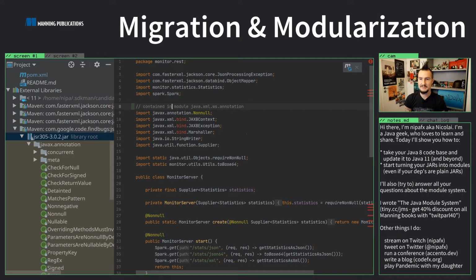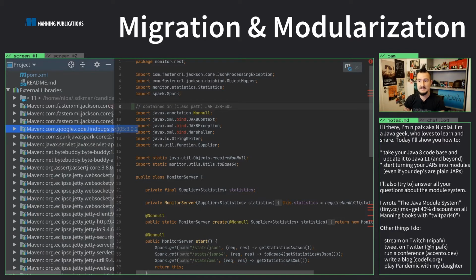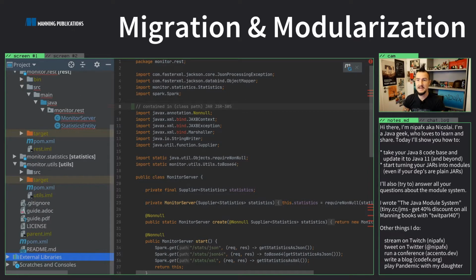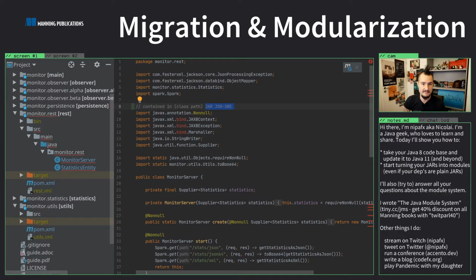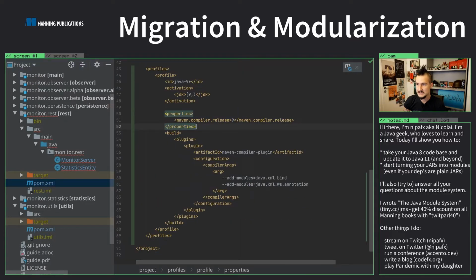But this is not in the module. This is in the class path, jar JSR 305. And that sucks. Because now we have to take that stuff out of here and stuff it, patching it into that other module. That's very unfortunate. So the fix here is,